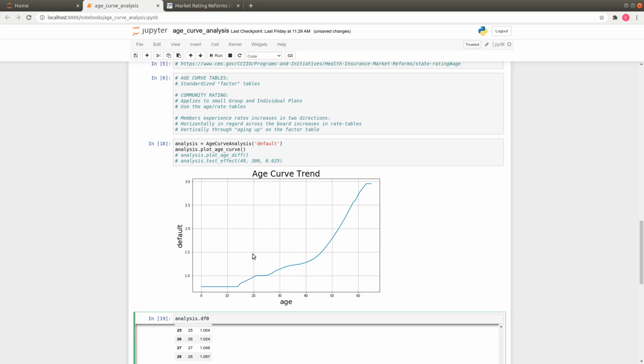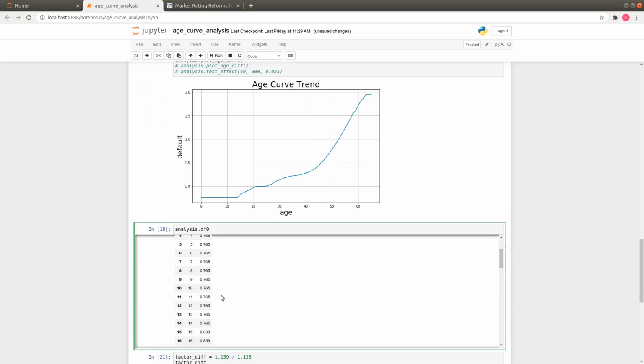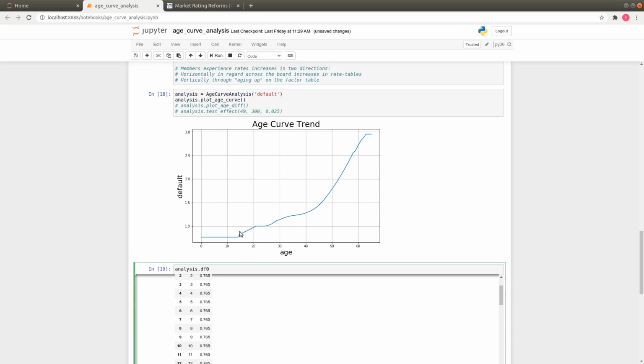So as we look at this curve, you say, okay, well, there's definitely a curve shape to the data here, but you can see it's not smooth. The first thing we have is from age 0 to about 15, I think it is. From ages 0 through 14, you can see the factors are the same, and then at age 15, we have a change. We go up to 8.33%, and a way to visualize the effect of aging up is to create a table that looks